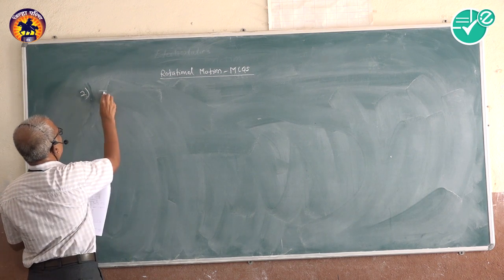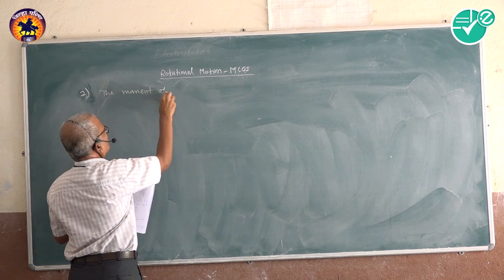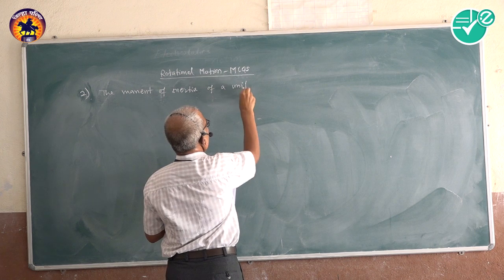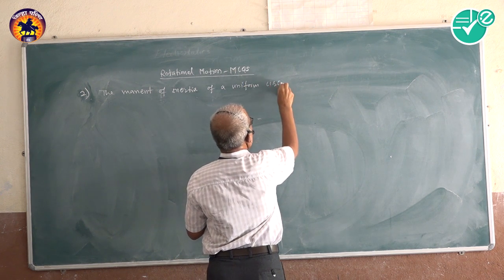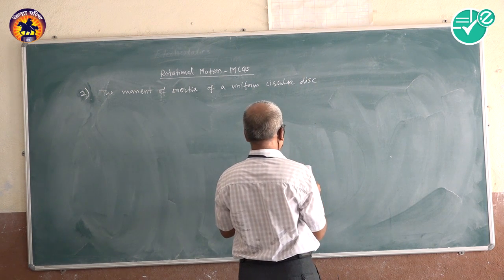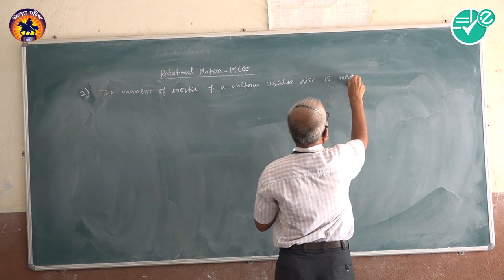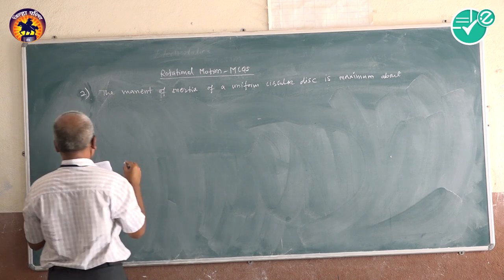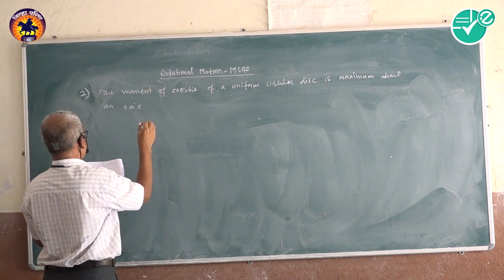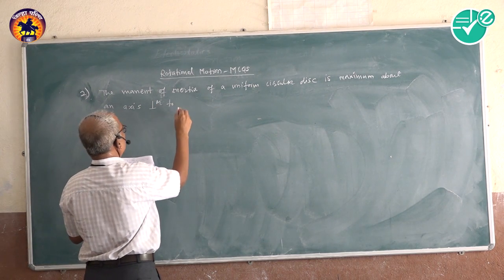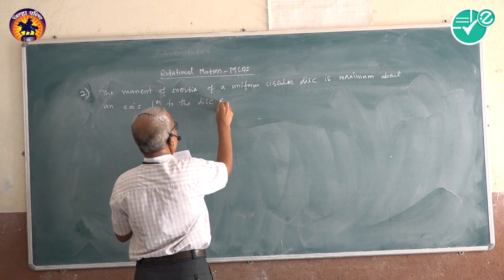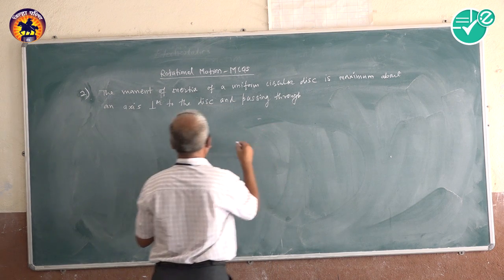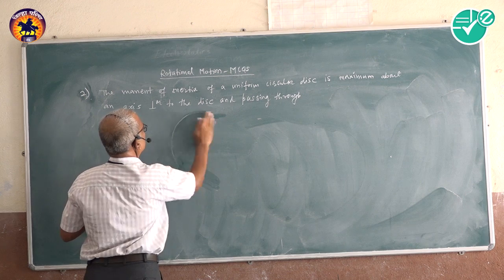Now the next MCQ is: the moment of inertia of a uniform circular disc is maximum about an axis perpendicular to the disc and passing through...